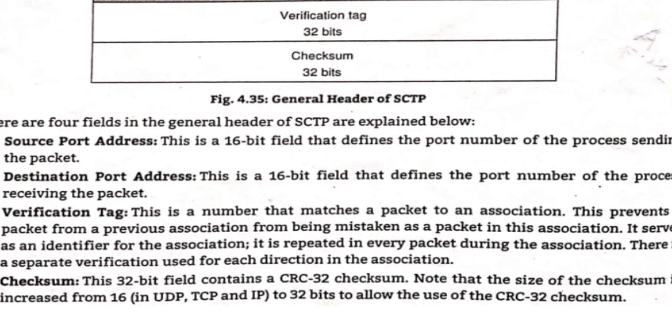And then the checksum. Just like TCP, here we also use the checksum. It is 32 bits and contains the CRC 32-bit checksum, that is a cyclic redundancy check. Note that the size of the checksum is increased from 16 to 32 bits. You remember that the TCP checksum is 16 bits, the UDP checksum is also 16 bits, as well as the IP checksum is 16, but here the checksum field is 32 bits. It means it provides more secure transfer, as well as error-free data transfer.